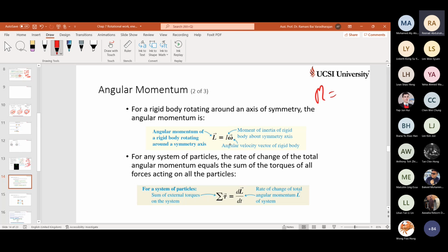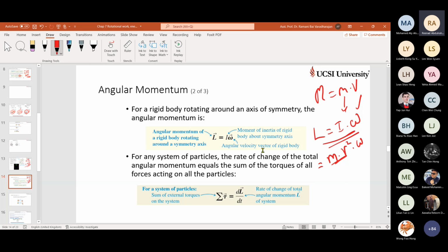Momentum in the linear way is defined as M into V. If you replace M by inertia and V by omega, you will get what is called angular momentum. This is using angular velocity. For the linear velocity, it is m r square omega, right? This is also omega. In other words, this mr square is I. So in simplified version, you have L is equal to I times omega, or you just remember in terms of this. From linear, you can go to angular.